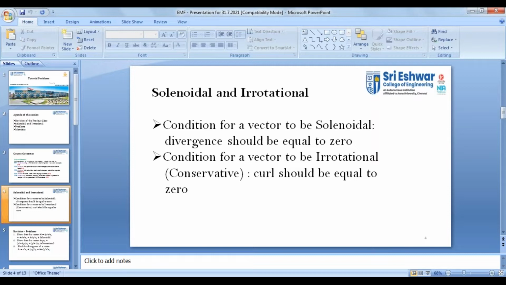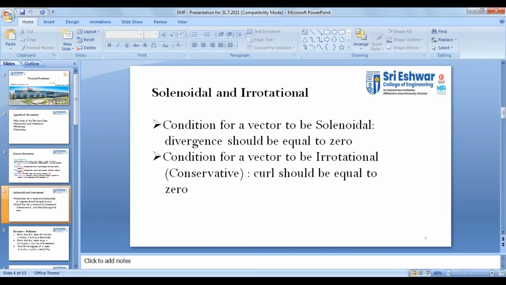And then we saw about the gradient, that the gradient of any scalar function is the maximum space rate of change of the function. And we saw all the symbols and the mathematical definition. And then we saw about the divergence, what it means, and also the mathematical definition, along with the fact that the divergence of any vector will be a scalar. And then we saw about the curl,